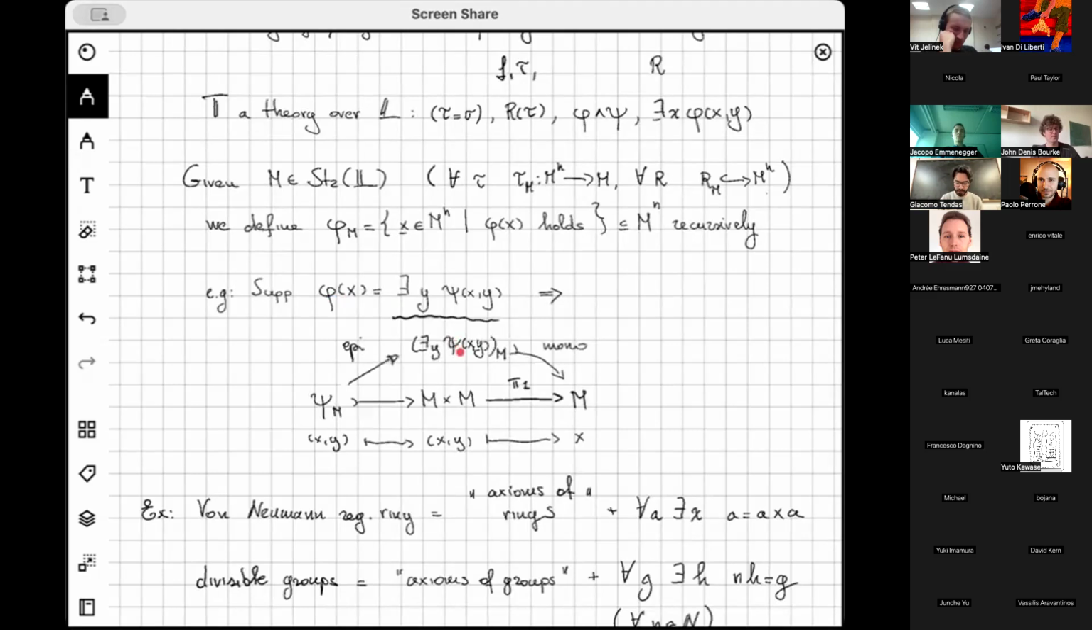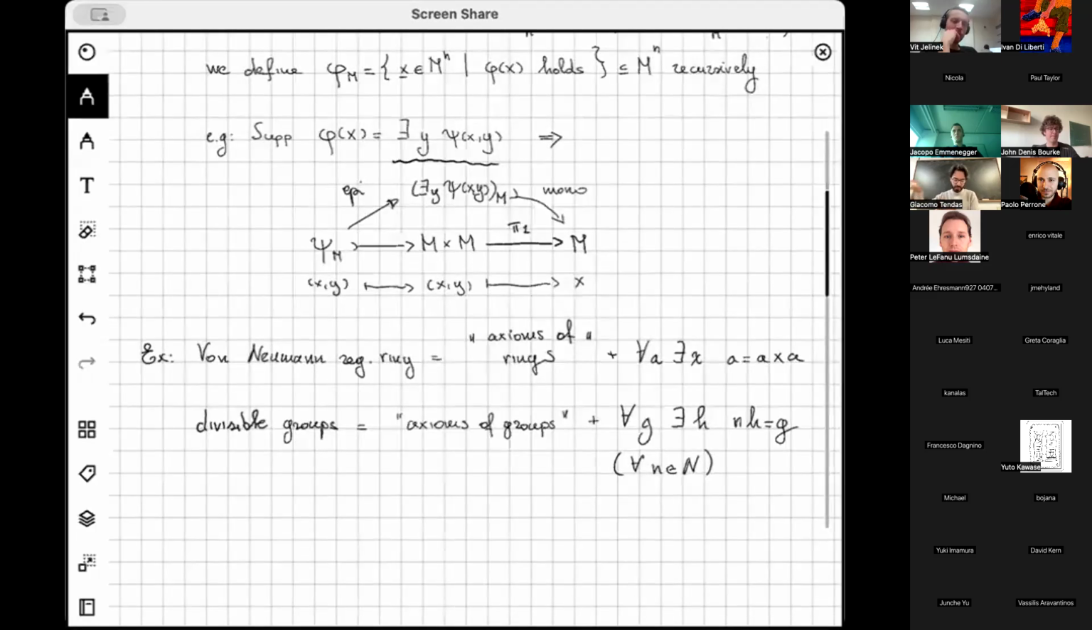Because then this is the subset of M spanned by all points that are in the image of this. So for which there exists a Y satisfying phi x, psi xy. And let's keep this factorization in mind for when we want to try to generalize this to the enriched set. Okay,